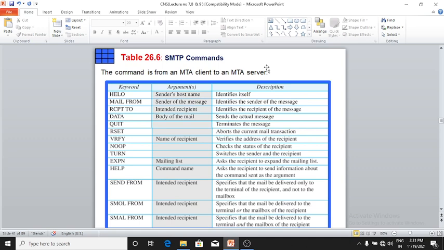Here are the SMTP commands. These commands are used from the MTA client to the MTA server.